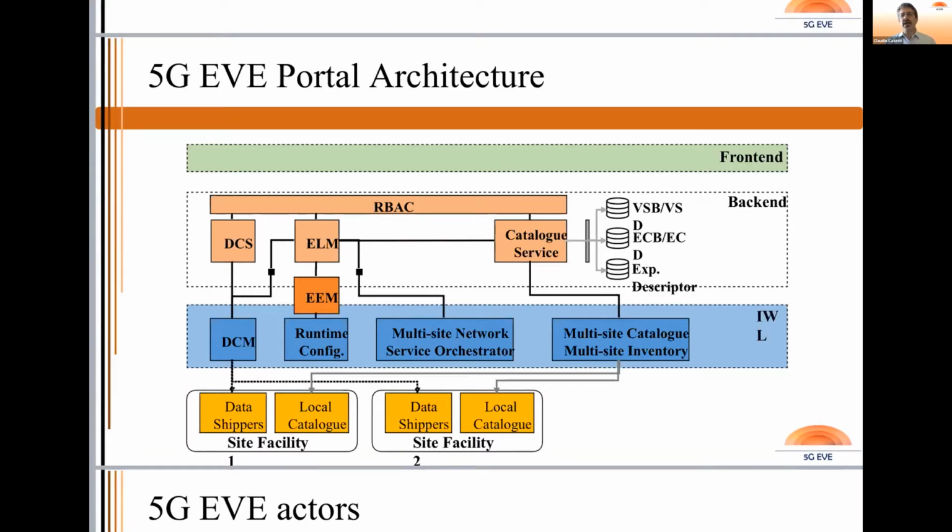The interworking layer is an essential part of the 5G architecture because it provides a logical abstraction that allows the portal to be unaware of the different underlying technologies, and basically allows you to run parallel and independent tests using a common front end and accessing the facilities of the various 5G sites that Mauro Baldi